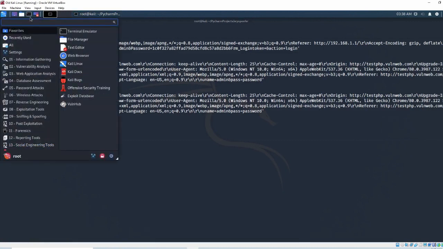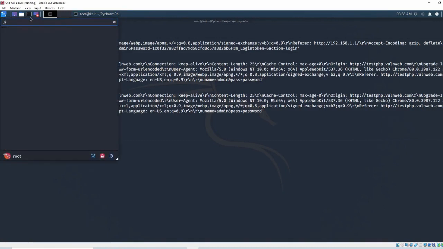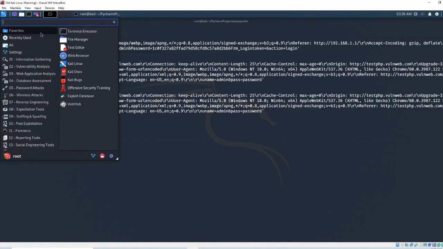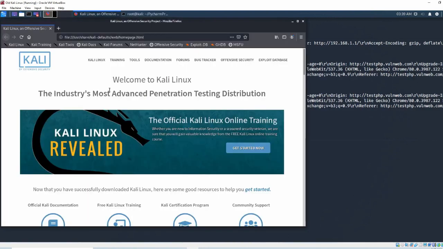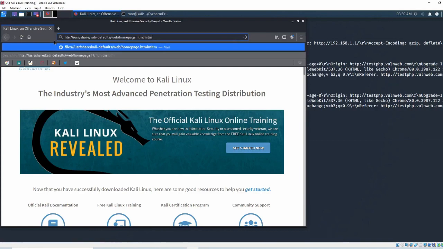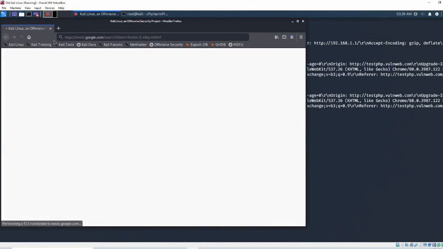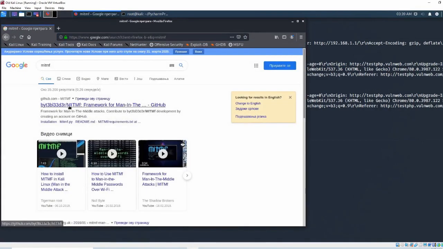So you can use a tool called, for example, MITMf, not really sure if it is installed right here. Yeah, you can also use the MITM proxy, but I would advise you to go onto the Firefox. If you want to use the real man-in-the-middle and ARP spoofing tool, that comes with a bunch of different options that will help you fully execute your attack, you simply just go and download a tool called MITMf. You would simply just click on this first link,